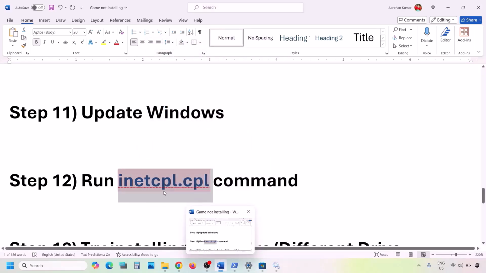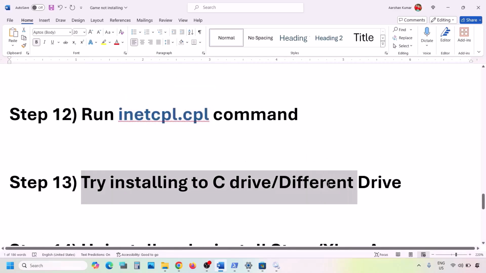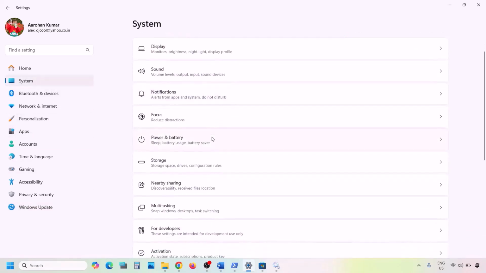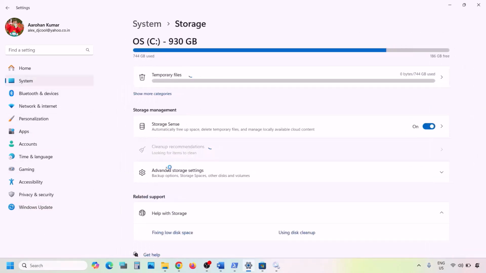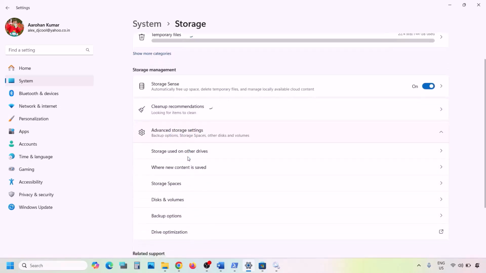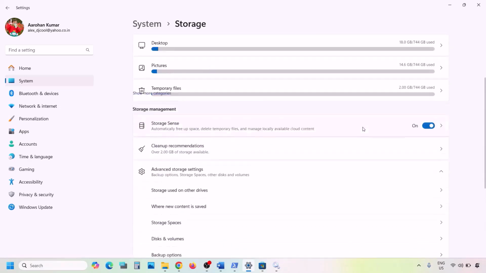Now the next step is to try installing it to C drive or different drive. So in that case, you can open Windows settings, and then you can go to system, and then you can go to storage over here, and then over here you can change the storage. So click on advanced storage settings, and here you can see where new content is saved. So you can click on it,